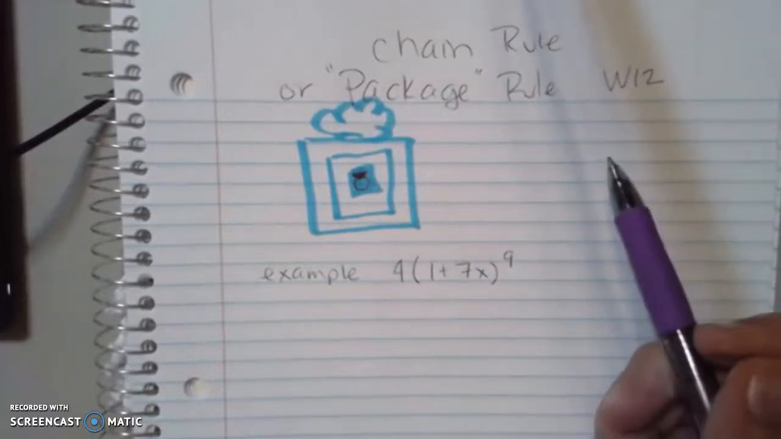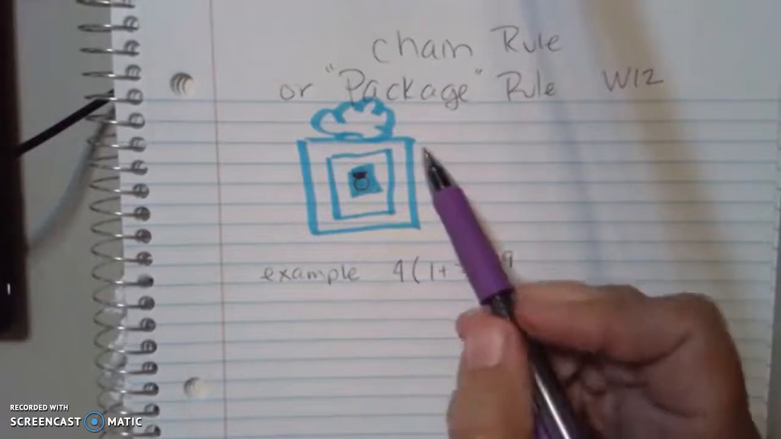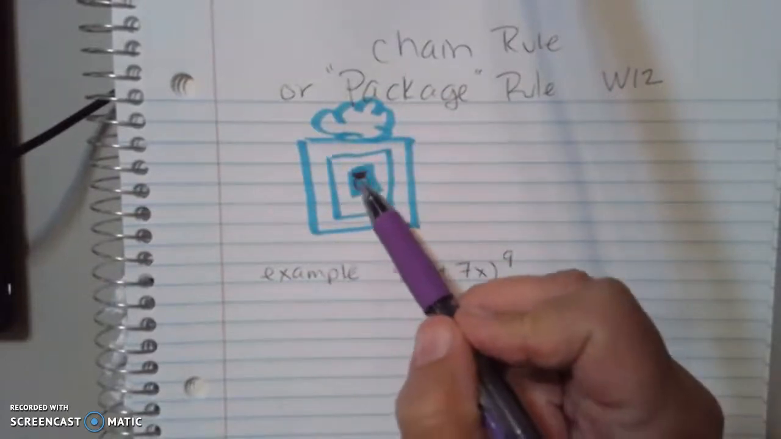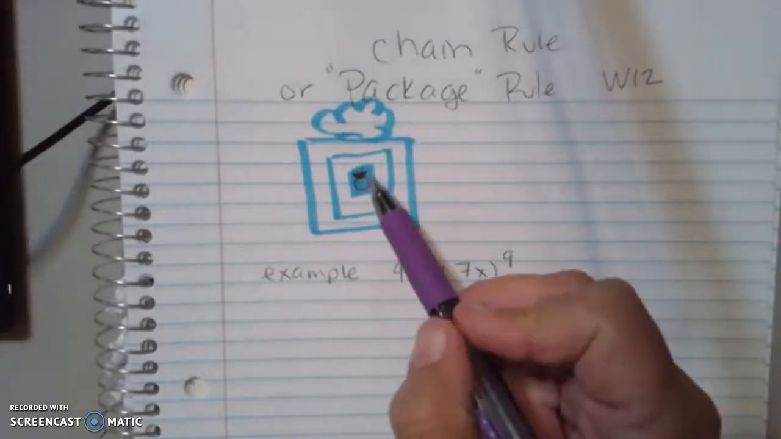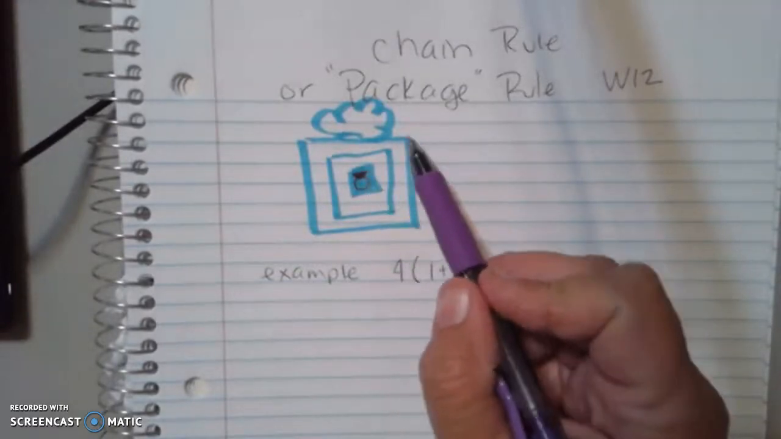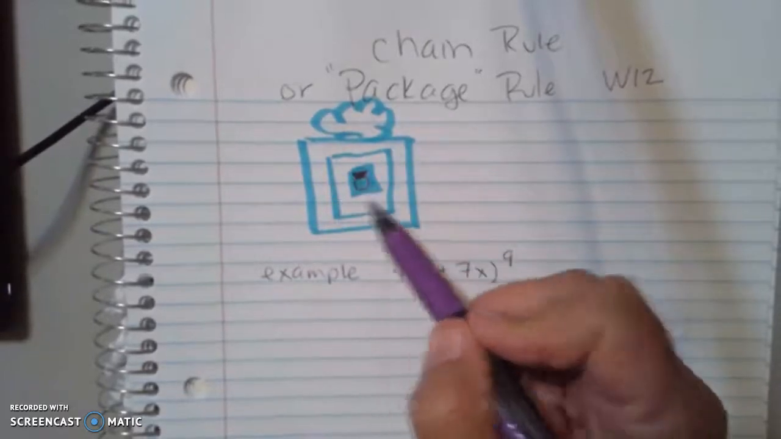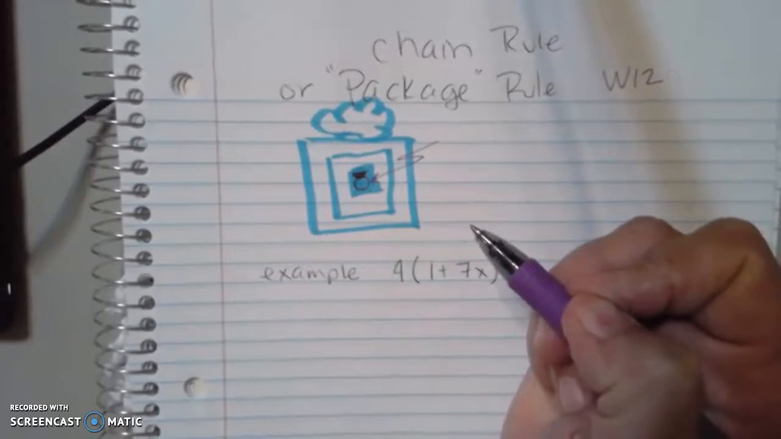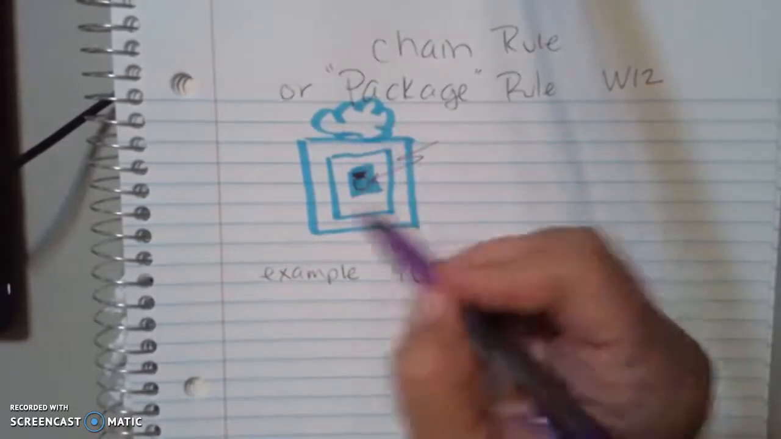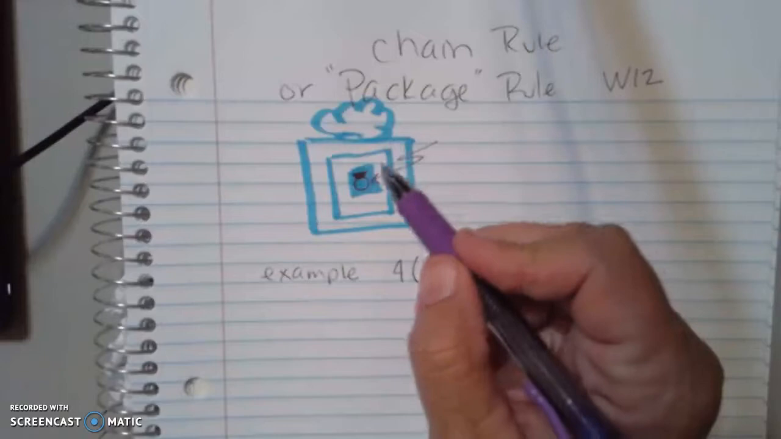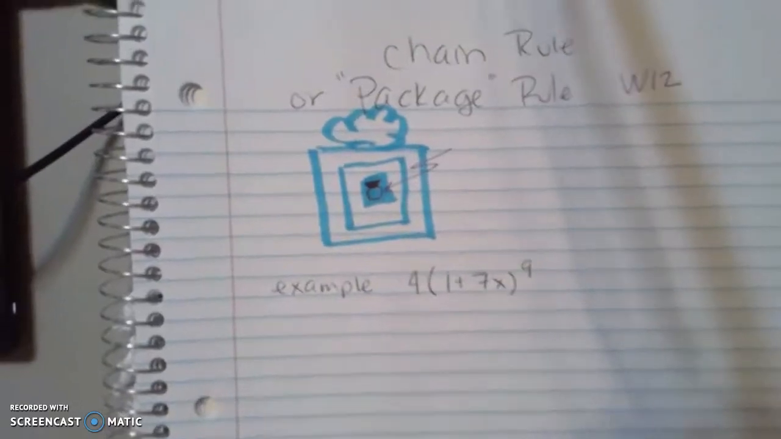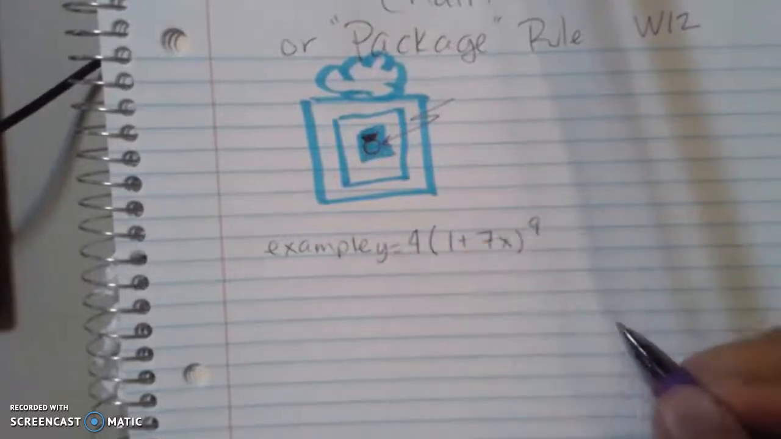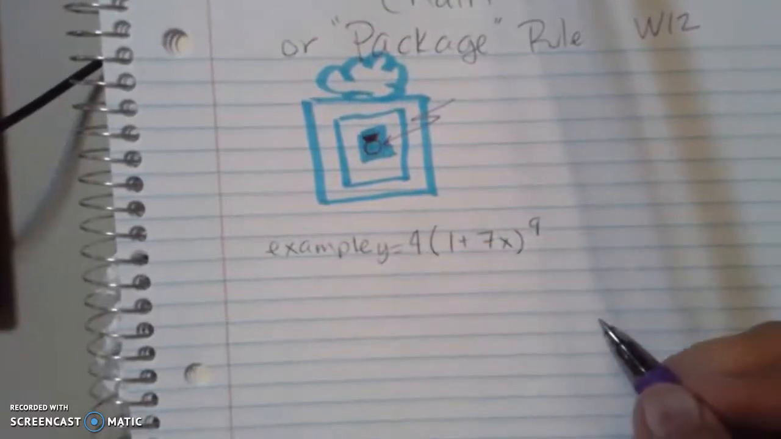Now, have you ever got a package or a gift from somebody where they wrapped it in a box, inside a box, and inside's like maybe a little ring or a bracelet, and you have to unwrap the outside to get to the inside, and then finally you get to the gift. Okay, so that idea of unwrapping the outside and working your way towards the middle is what we use to solve problems. So if I have an equation y equals 4 times the quantity 1 plus 7x to the power